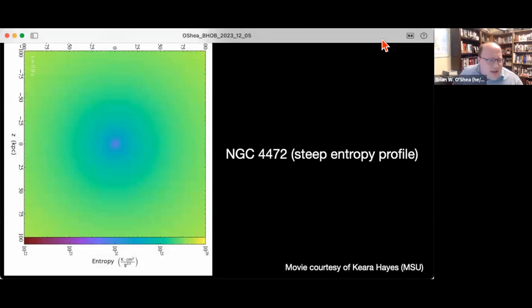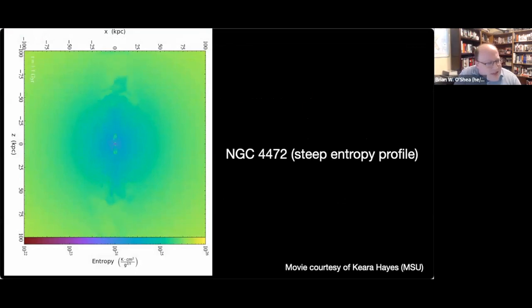Just to give you a sense of what's going on here, this is one of the two simulations where we have a very steep entropy profile. Let me rerun this. What you're seeing is the AGN actually doesn't do a whole lot. The density of the CGM is very low. Gas does not cool very efficiently. What gas there is that cools efficiently is right at the center of the galaxy. So it causes the AGN to occasionally go on and deposit its energy out at tens of kpc. But the AGN does not actually need to inject a lot of energy to do much.